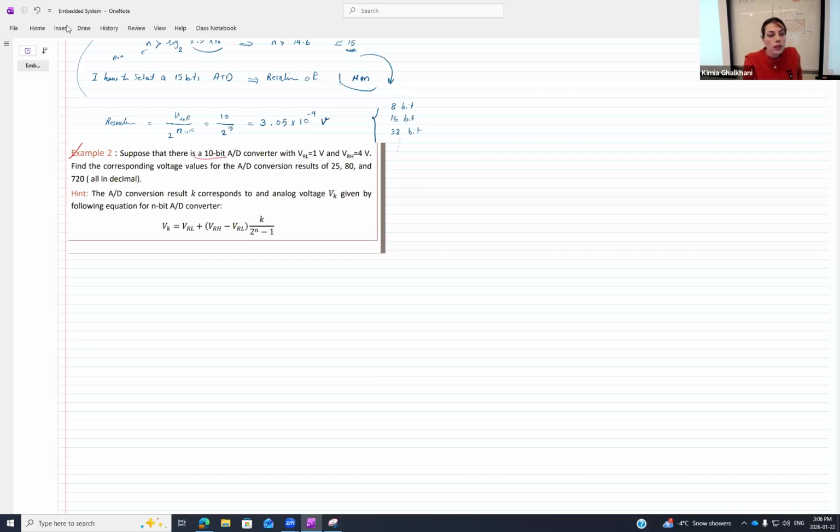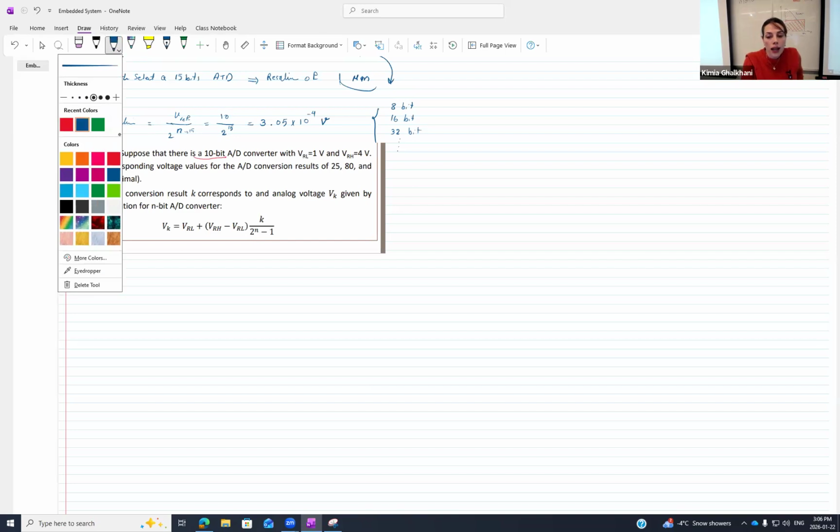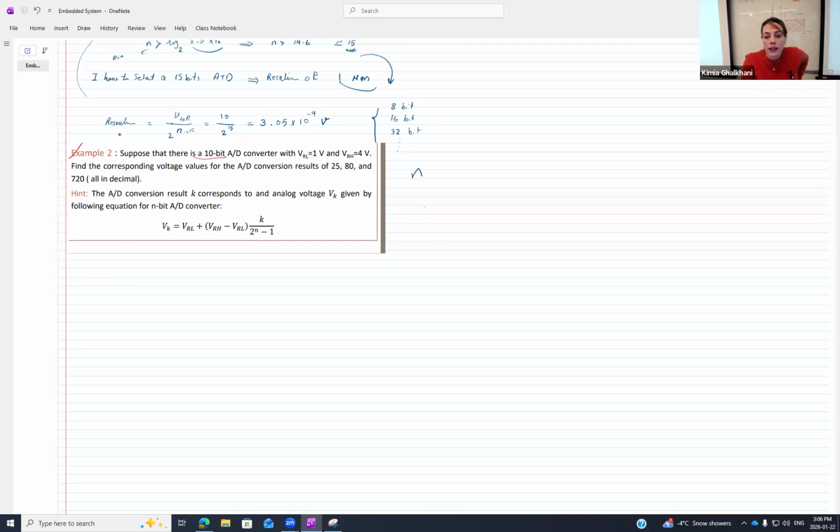10 bits in here means which one I have. Now I know what is my N. N is given, 10 bits. In the other question, I did not have the N, which is the most important factor for resolution. Now I have a 10 bit,